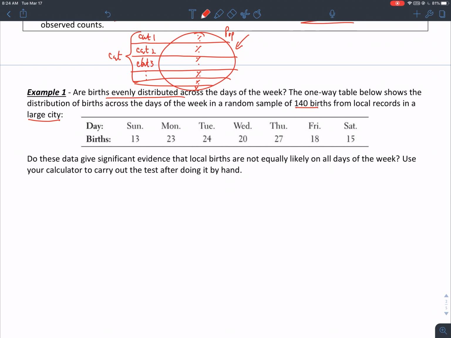Do these data give significant evidence that local births are not equally likely on all days of the week? Use your calculator to calculate a test after doing it by hand. So do we have enough evidence for the alternative hypothesis, is what this is asking, okay? Or can I not reject the null hypothesis? So let's say, state,